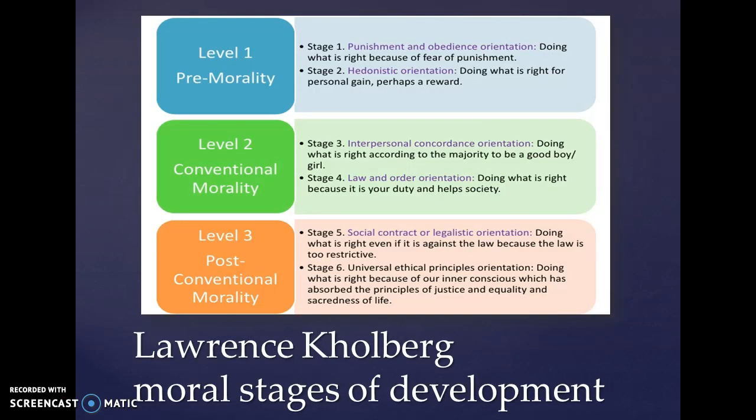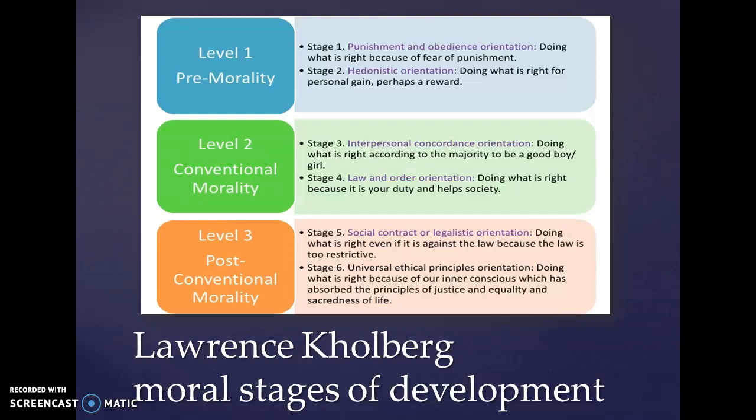And this picture summarizes it beautifully, where we talk about stage 1, which is punishment and obedience orientation, doing what is right because of fear of punishment. So at this stage, you do things because you don't want any beating, you don't want to go to jail. And what I like about Lawrence Kohlberg is that his stages aren't restricted to any type of age range. So you can be at stage 1 at 50 years old. You can be at stage 6 at 15 years old. It's just a matter of where you gauge your morality.